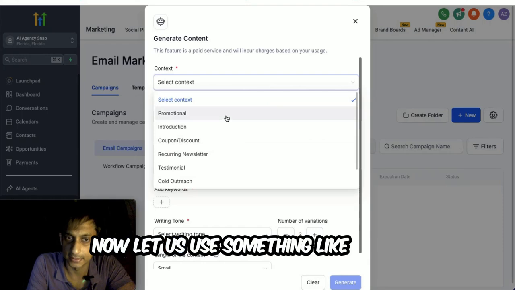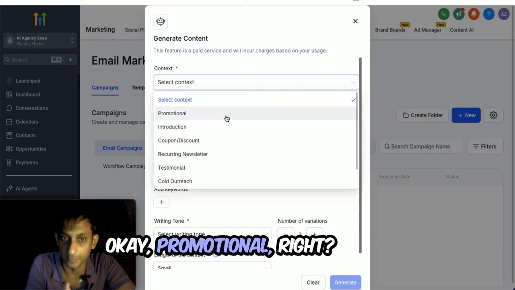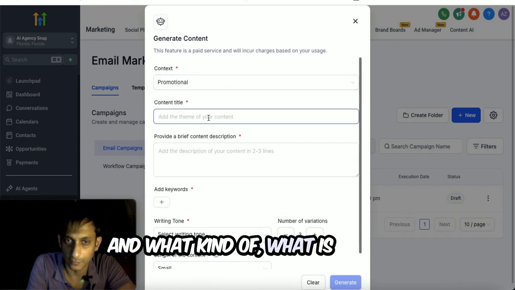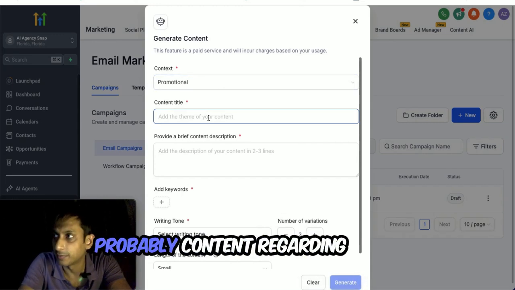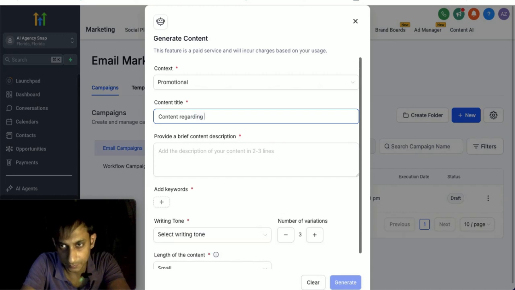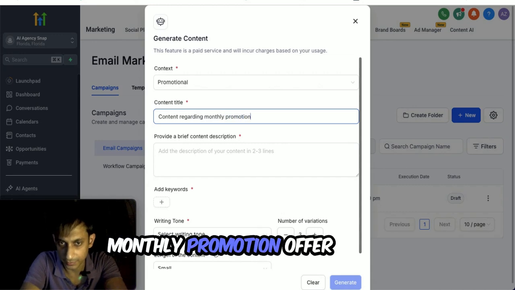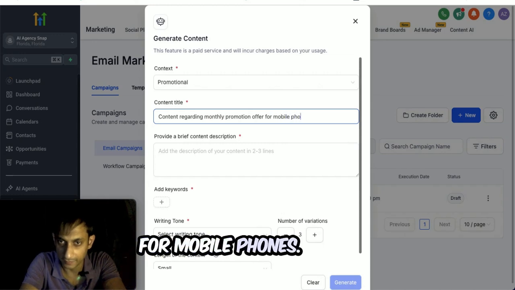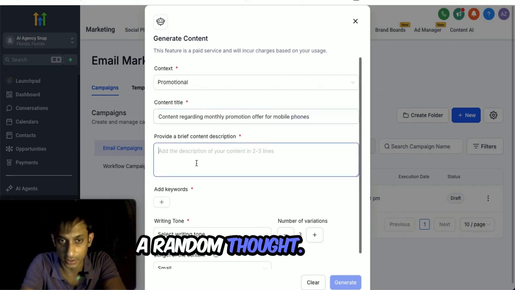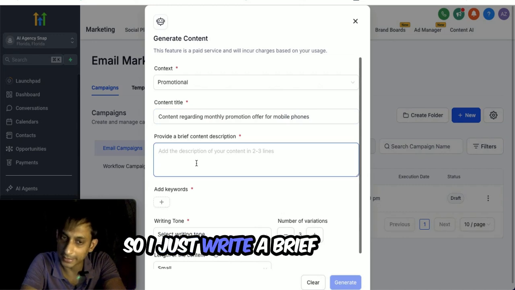Now let us use something like promotional, right? And what is the theme of your content? Probably content regarding monthly promotion offer for mobile phones. I mean, it's just a random thought. So I just write a brief description that